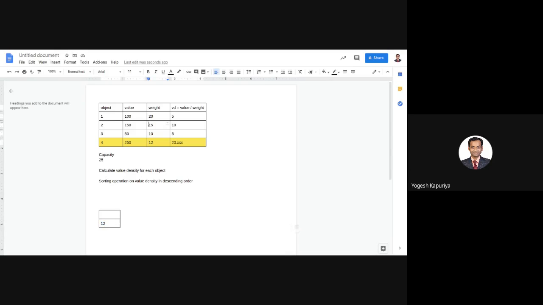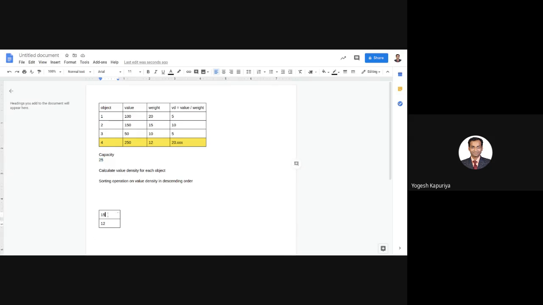Now I am putting this 15, so that becomes 27, not 22. It becomes 27. And what is the capacity? It is 25. So am I allowed to put or select this object entirely? Obviously the answer is no, because I cannot go beyond 25.